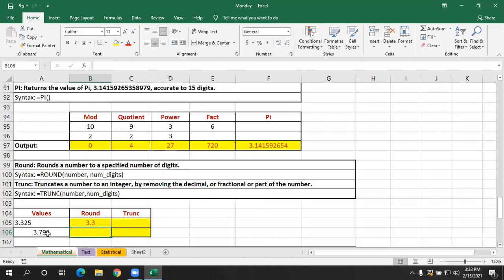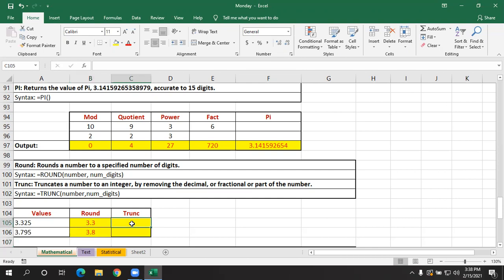Okay. In the same manner, if I click and drag down, here it is showing 3.8. Why? Because after 7, the next value is greater than 5, so plus 1 is added to the previous number. This is ROUND. Okay.